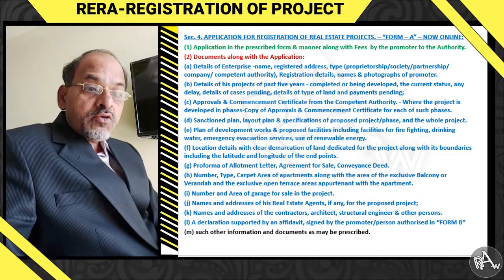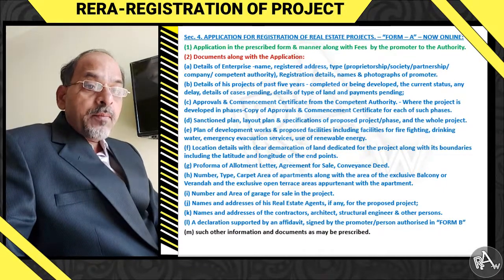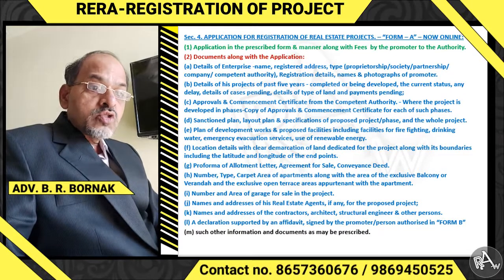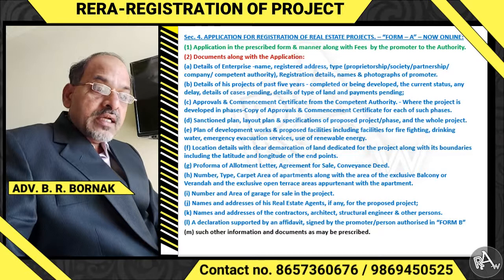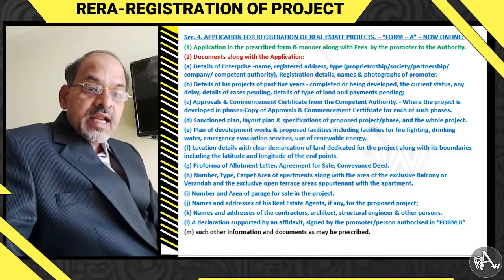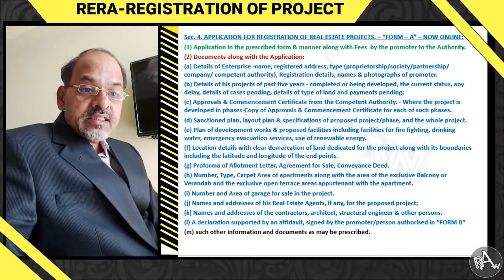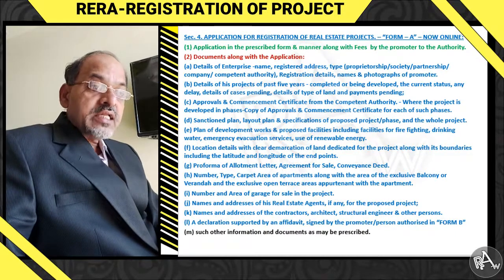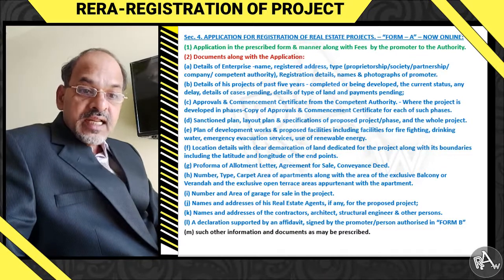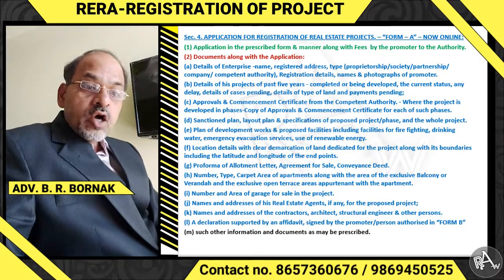latitude and longitude of the end points, pro forma of allotment letter, agreement for sale, conveyance deed, the number, type, carpet area of apartments along with the area of the exclusive balcony or veranda and the exclusive open terrace areas appurtenant with the apartment, number and area of garages for sale in the project, names and addresses of his real estate agents if any for the proposed project, names and addresses of the contractors, architect, structural engineer and other persons, then a declaration supported by an affidavit signed by the promoter or authorized person,